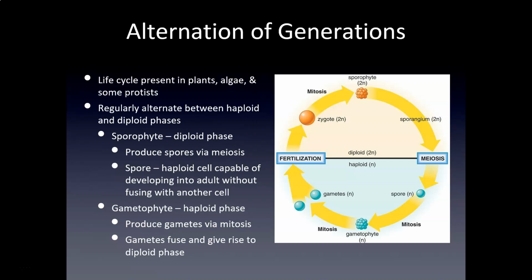Again, I mentioned the ferns. They're a pretty cool example of this. So their sporophyte is the big fronds, the big leafy things, and if you flip it over, you can see the little spore pockets, the little brown dots on the back that are producing those spores. And then that little curlicue kind of structure are the gametophytes that produce the gametes, and then we produce the big frondy types again in the next generation. So it's an interesting way to look at it, because we spend so much time talking about what happens in humans that sometimes we forget that not every organism on Earth works exactly like us.